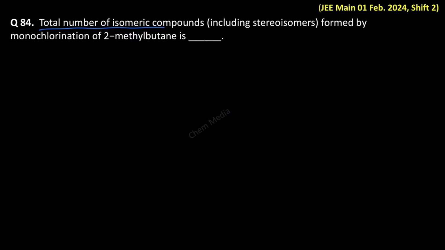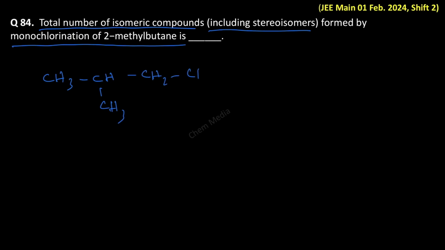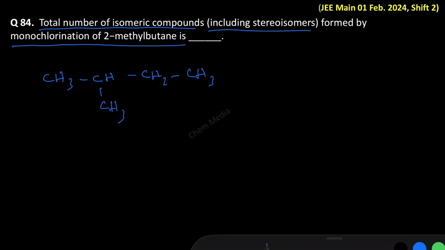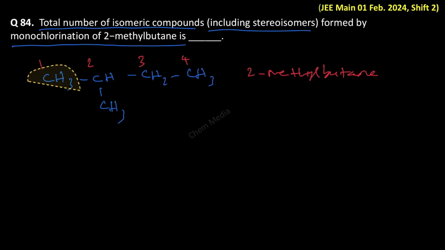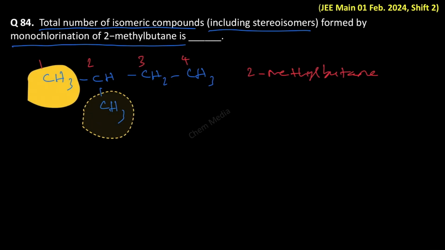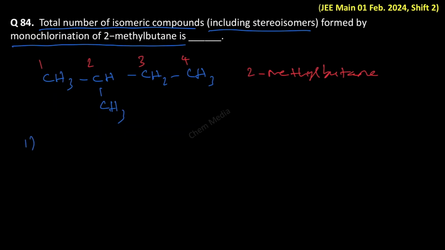Total number of isomeric compounds including stereoisomers formed by monochlorination of 2-methylbutane is how many? Let us first write the structure of 2-methylbutane. That is CH3, CH, CH3, CH2, CH3. Now, whether we chlorinate one of the hydrogen atoms here or here, they are one and the same, isn't it? So, therefore, number 1,